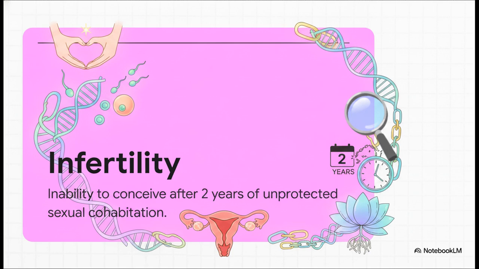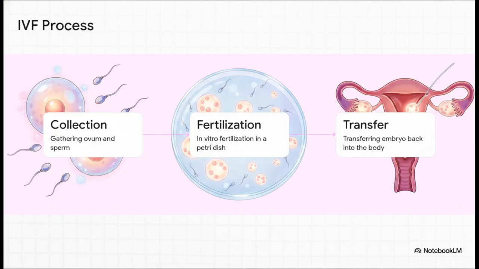It can happen due to a whole variety of reasons: physical blockages, congenital diseases, drugs, immunological factors, or even just modern lifestyle stress. When infertility is diagnosed, doctors might turn to ART, like the famous IVF, or in vitro fertilization. The sequence is highly logical. Step 1. Gamete collection. The ovum from the female and sperm from the male, or sometimes from donors, are collected. Step 2. The actual in vitro part. Fertilization happens outside the body in a highly controlled lab environment, like a petri dish. Step 3. Once the embryo forms, it's carefully transferred back into the female's body to establish the pregnancy.